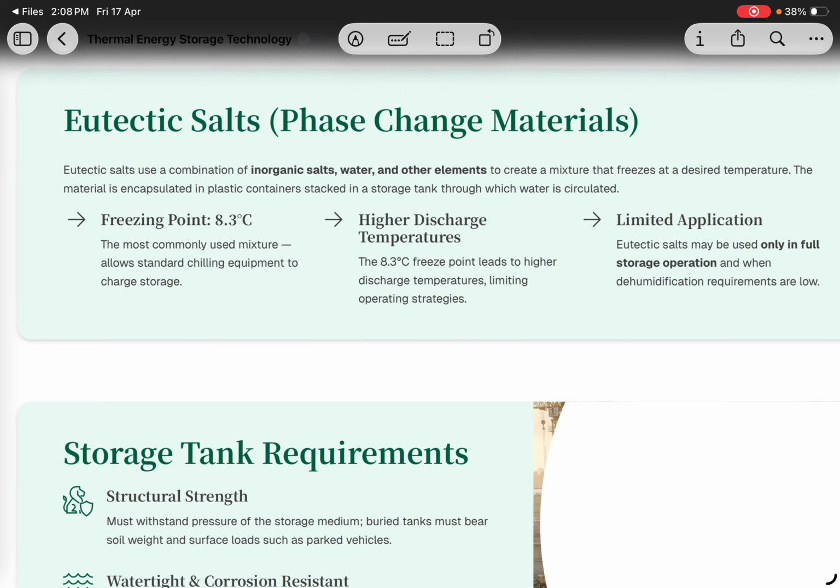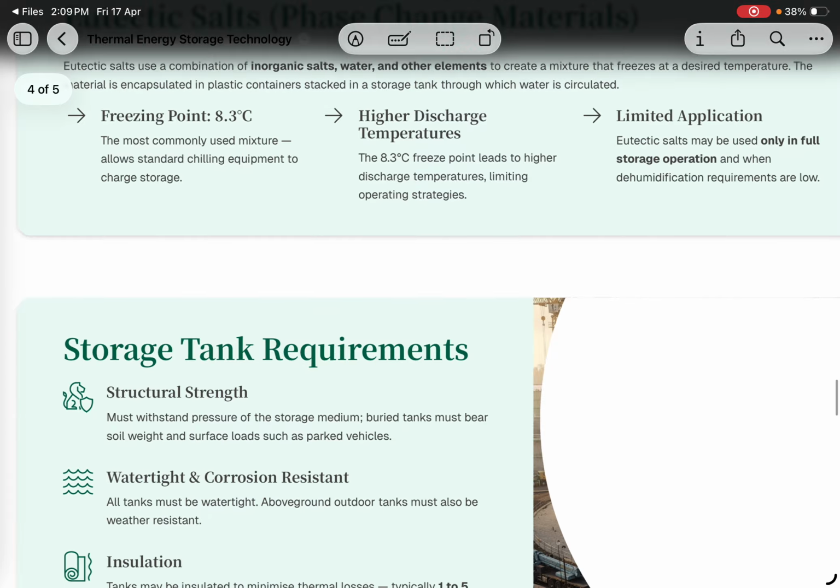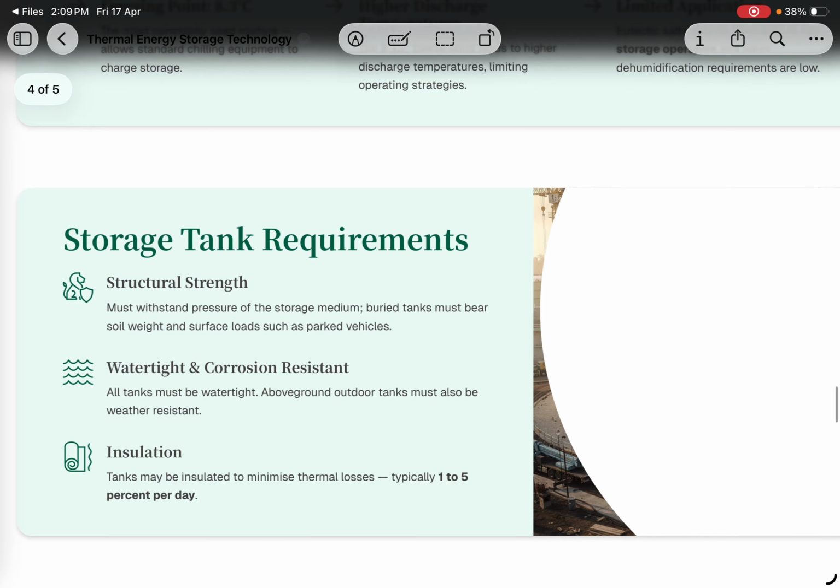operation, right? Because when you have higher temperatures, your apparatus dew point is higher, and you cannot go for cooling and dehumidification. So that becomes the limitation of using the eutectic salt phase change material. You understand, no? Because if you are not achieving too low a temperature, that creates a constraint. So this way, when you are talking about a thermal energy storage tank, we need to make sure that an appropriate unit